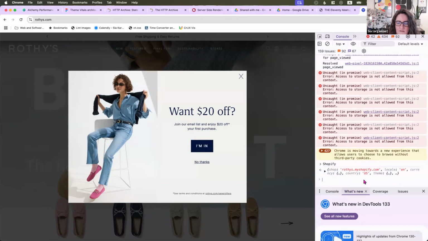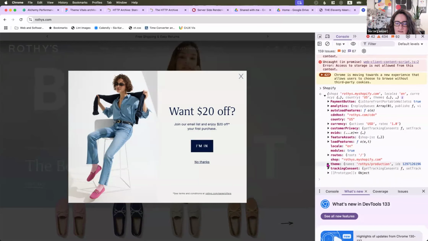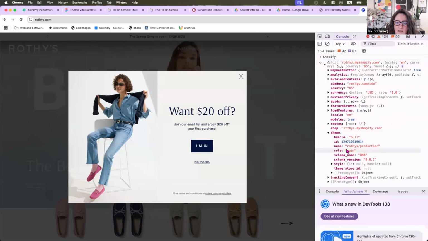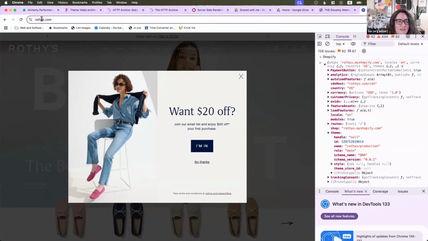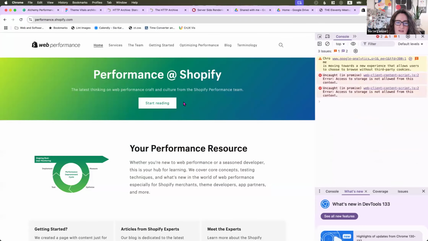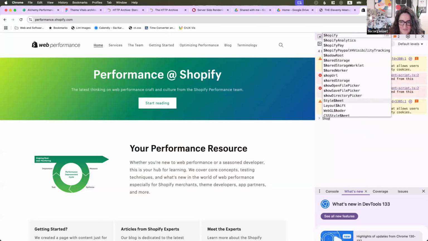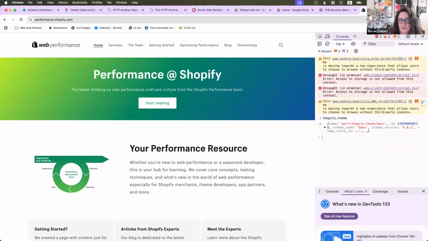So if I just do that and I open this out, we can see that there's a property called theme, and I can get the, oh yeah, this is a custom theme. So this is not actually a theme that would be included in here. I should use some other site to do that. Actually, I wonder if, so I originally built this site. It's the blog for web performance on Shopify. Actually, Dan is now working at Shopify and my old team. But so if I do shopify.theme, we can see that